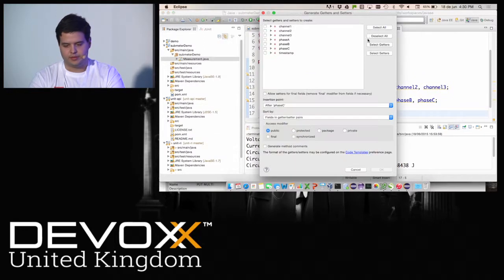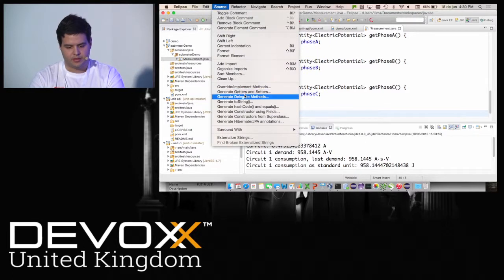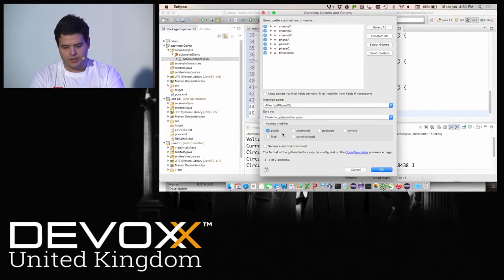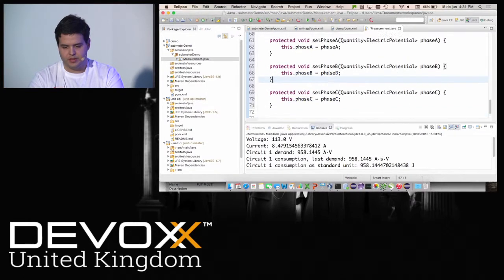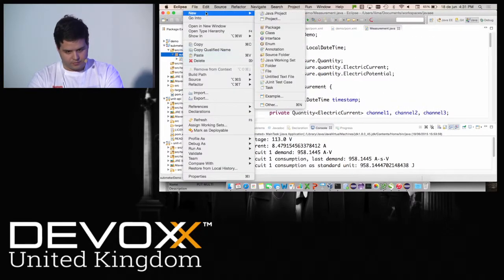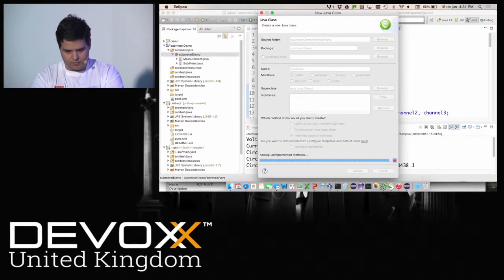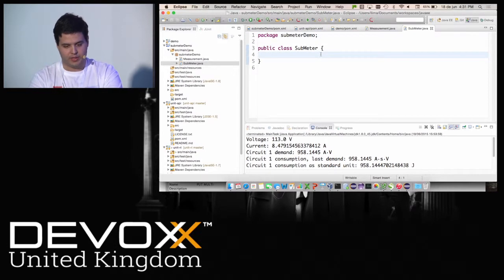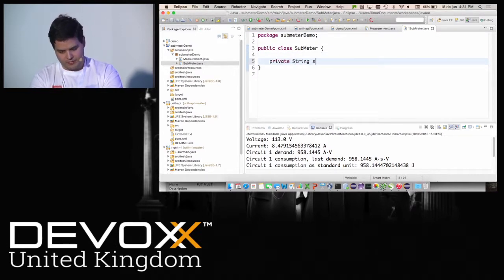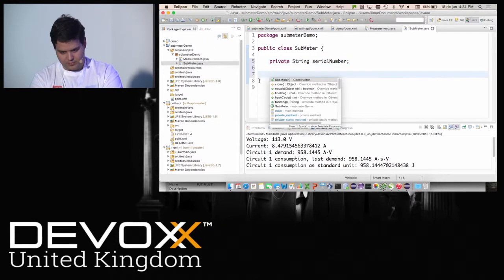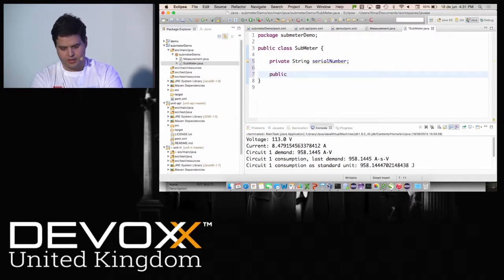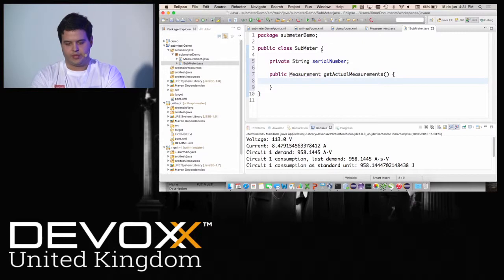Okay, so we just do the getters. We do the setters as protected because we don't want anybody setting this stuff. And on a gateway, I would have my class connecting to the submeter and getting this data. So it will have a serial number. And you will have a public measurement, get actual measurements that will return